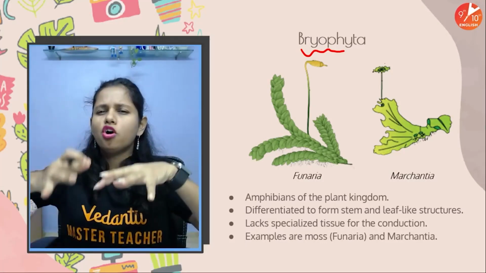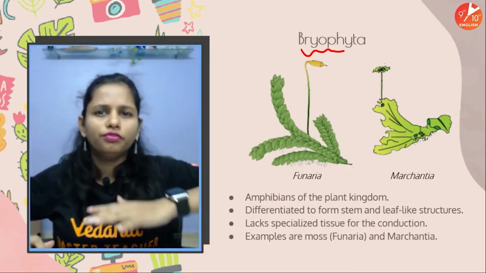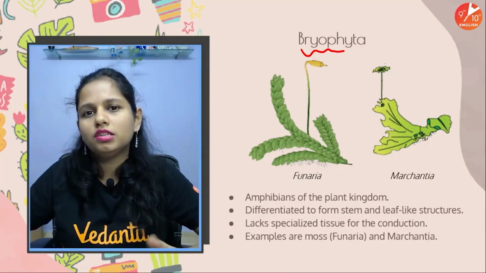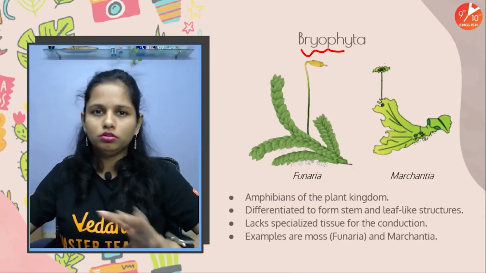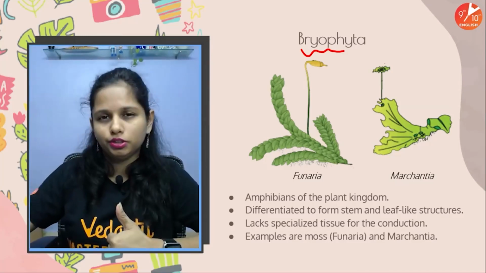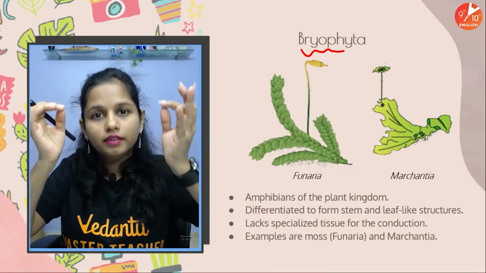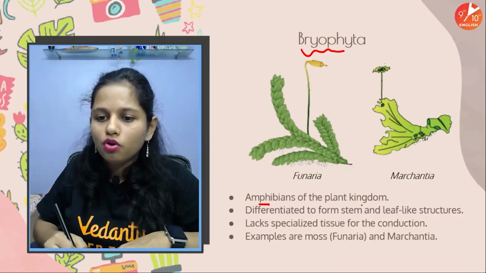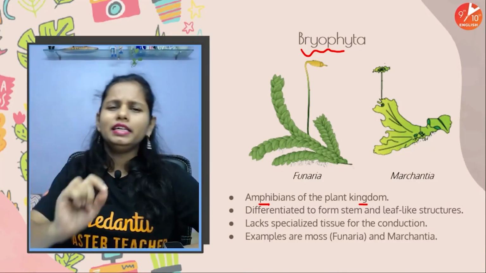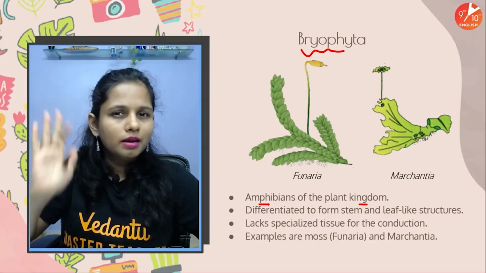Okay, for example, the moss that we see during monsoon growing up on the brick walls or on the floor, when we step on it, it's usually slippery, we may even fall off. So people, we see this greeny, marshy growth usually in monsoon. So moral of the story is they require water for reproduction. And as they live in both water as well as on land, they are referred to be the amphibians of the plant kingdom. Amphibians of the plant kingdom. Now kids, these plants, they are slightly evolved as compared to Thalophytes.